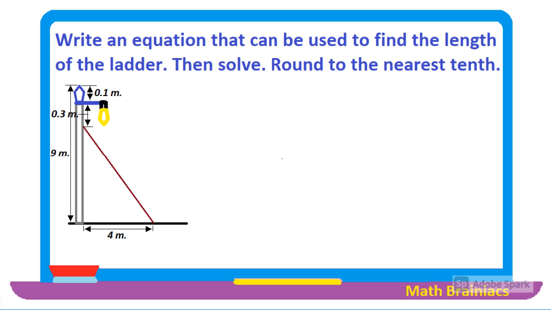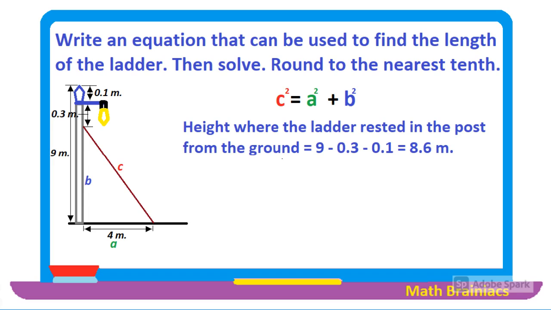Let us work on this example so that you will be guided. Write an equation that can be used to find the length of the ladder. Then solve, round to the nearest tenth. Let us apply the Pythagorean theorem formula. c squared is equal to a squared plus b squared, where c is the hypotenuse, a and b are the